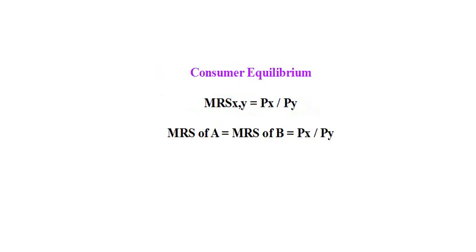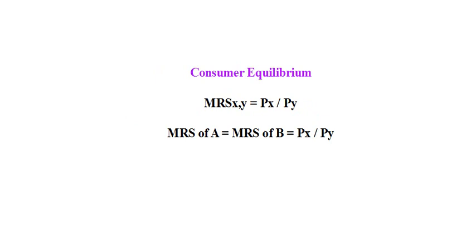Now if you want to obtain consumer equilibrium for two consumers, you will have to find out the marginal rate of substitution for two consumers. Supposedly the names of the consumers are A and B. So the marginal rate of the two consumers should be equal to the ratio of prices of the two commodities X and Y. In this particular case, A and B are two individuals, X and Y are two commodities, and PX and PY are the prices of these two commodities. So the final equilibrium basically occurs when this equation is obtained.